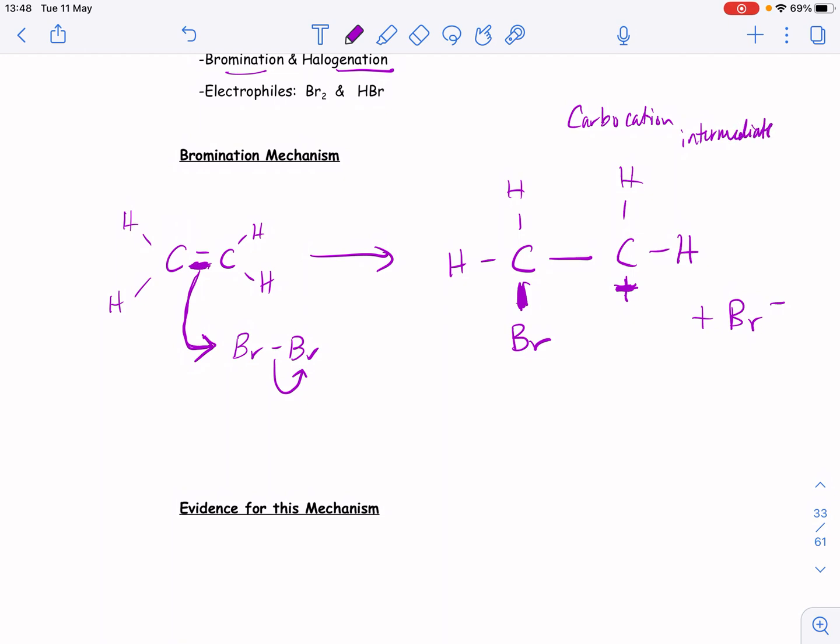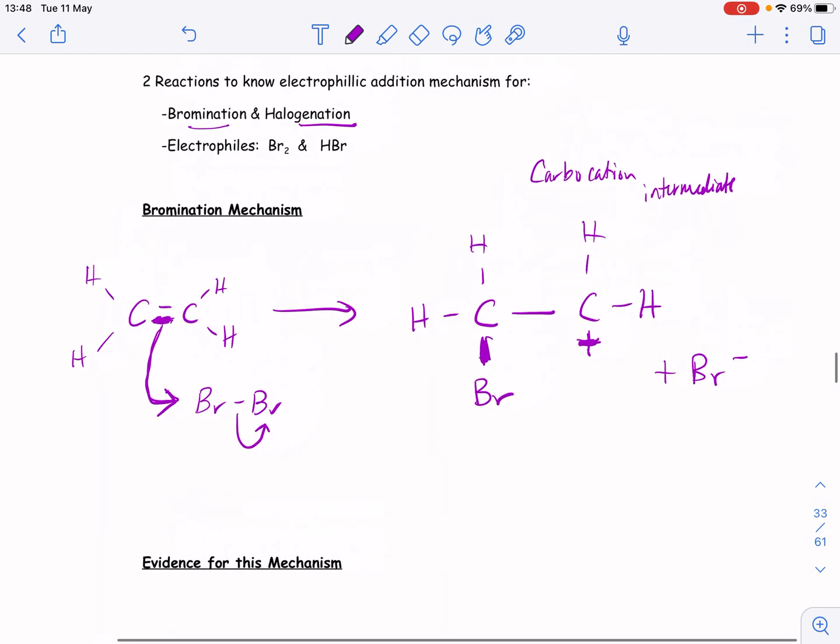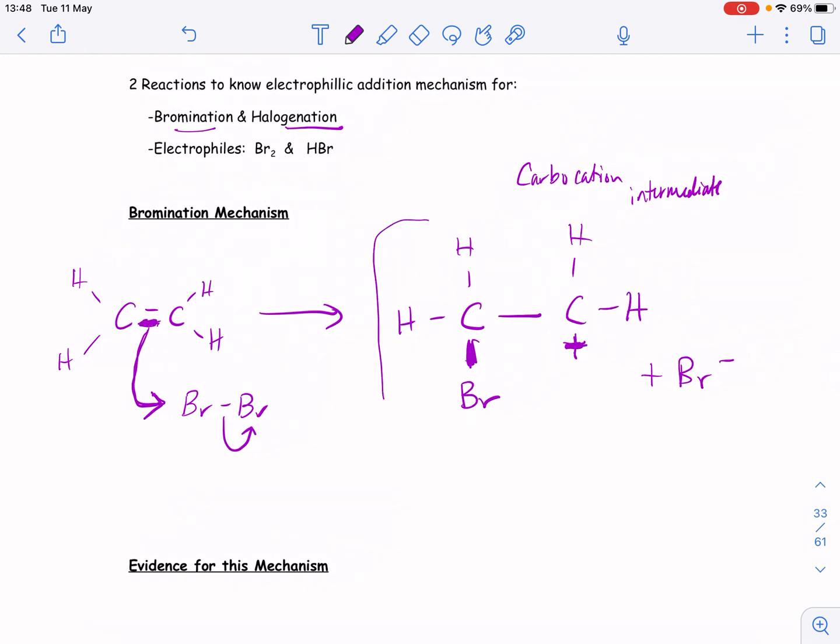So now there's a positive charge on that carbon atom. We can also put this in brackets and indicate the positive charge there if we'd like, but the positive charge is sort of focused on that carbon atom. Now, you may be able to predict what's going to happen if you've got a positive carbon atom right